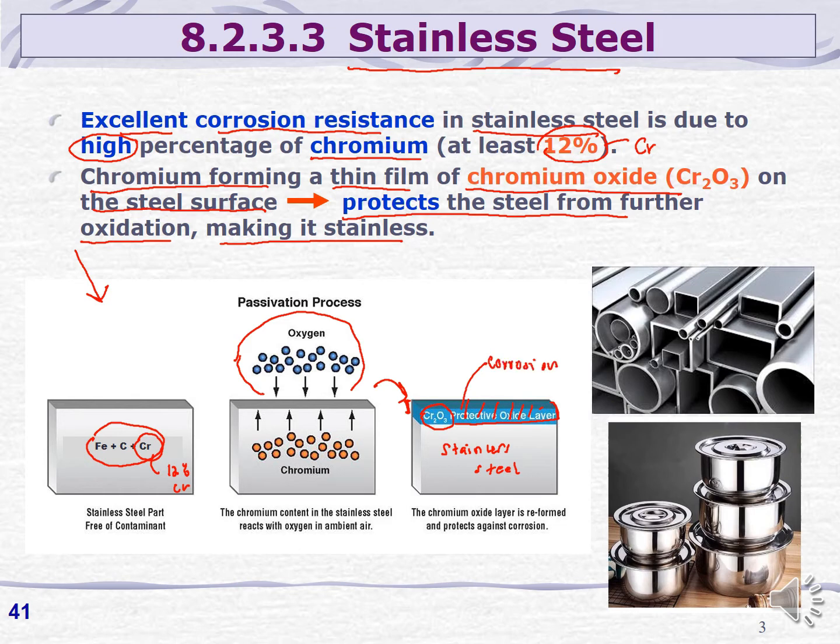Here you can see the products of stainless steel: a stainless steel structure and a stainless steel pot. And you can also differentiate the appearance of the stainless steel based on its shining surface compared to other types of